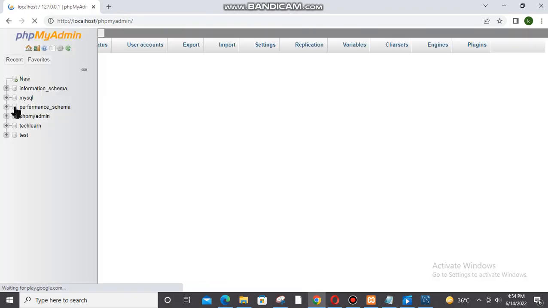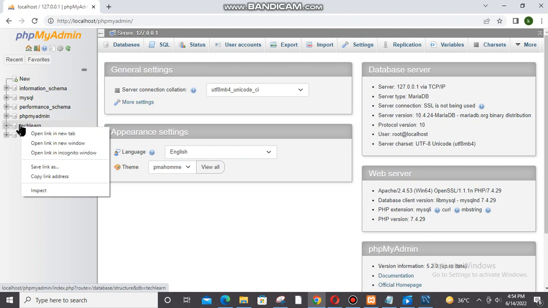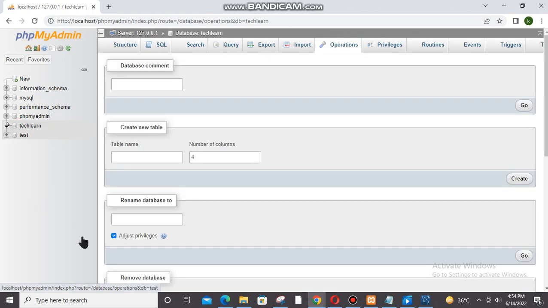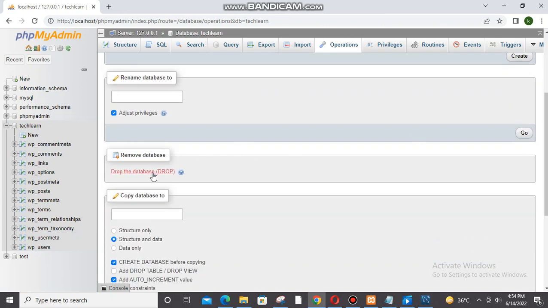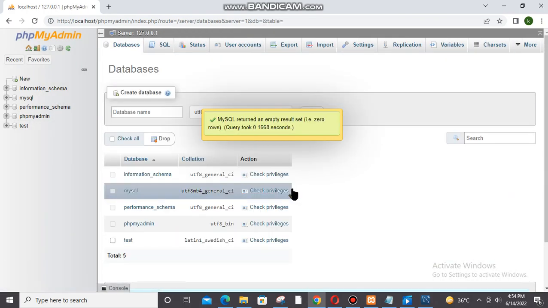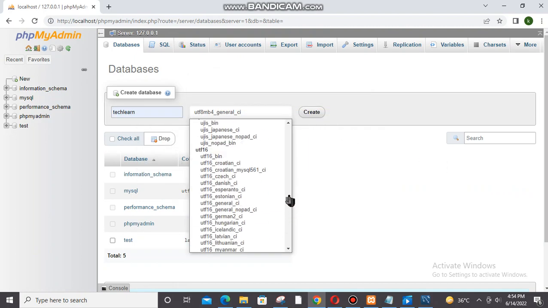Here I'm going to drop my previous database because I don't need it, so I drop it and I will create a new one. Its name will be Techlearn and